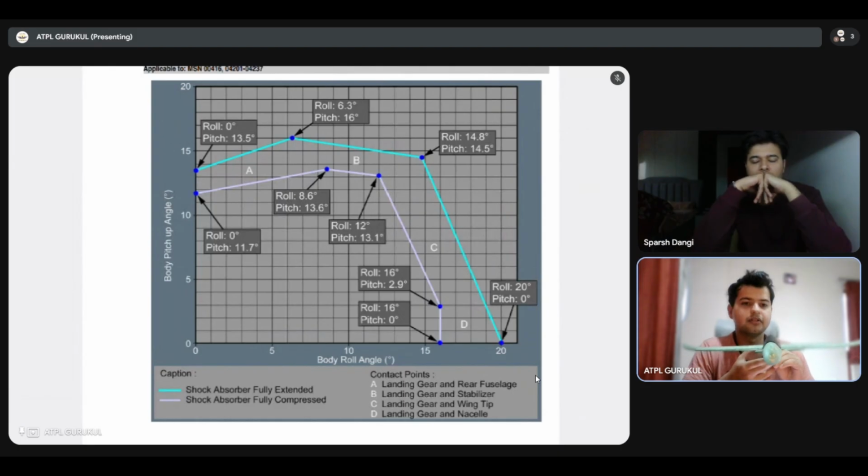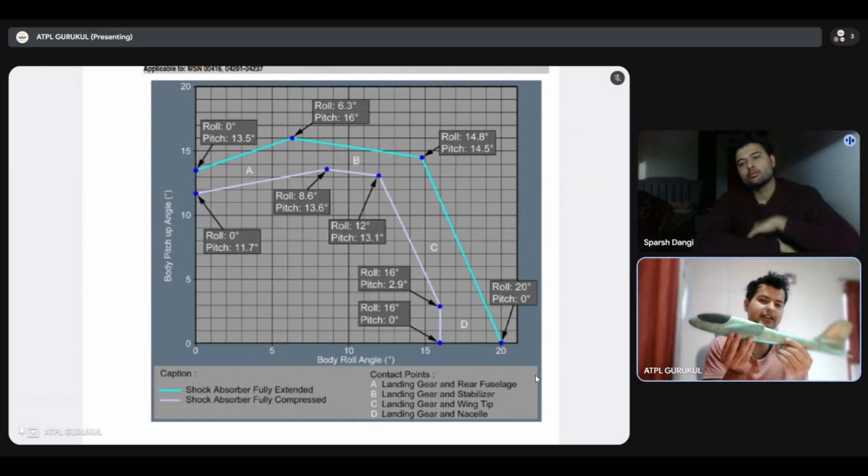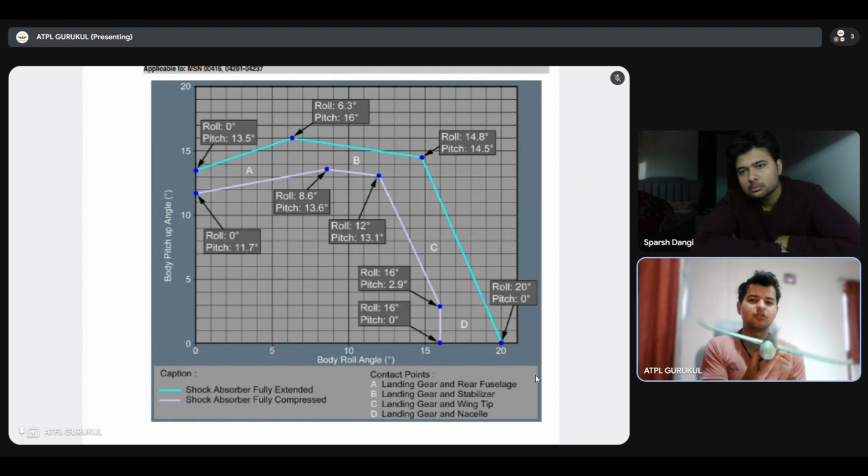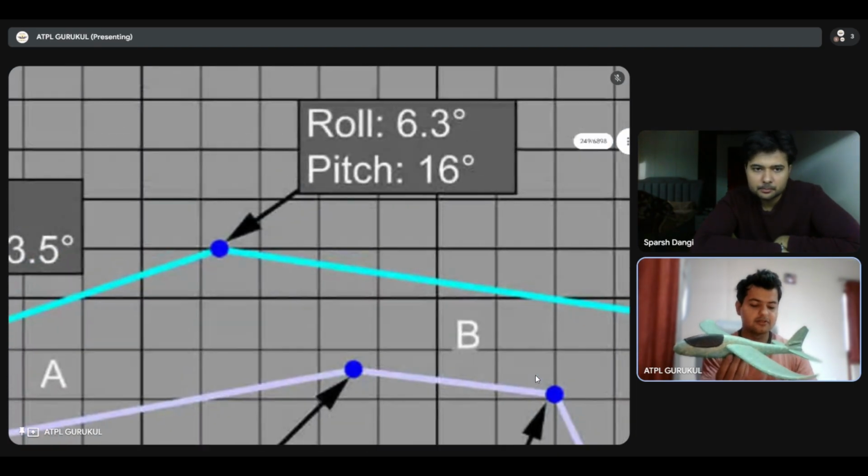This is your aircraft. ये कह रहा है कि जब तुम लैंड करने आ रहे हो तो तुम्हारी टेल कितने पिच पे स्ट्राइक होगी? 13.5 पे स्ट्राइक होगी। और जब तुम टेक ऑफ कर रहे हो, 11.7 पे स्ट्राइक। Now let's say तुम लैंड करने आ रहे हो, गस्टी कंडीशन है, तुम्हारा एयरक्राफ्ट 6 डिग्री के रोल में, तब तुम्हारी टेल स्ट्राइक कब होगी? 16 डिग्रीज पे। That is what he is trying to tell. These values।